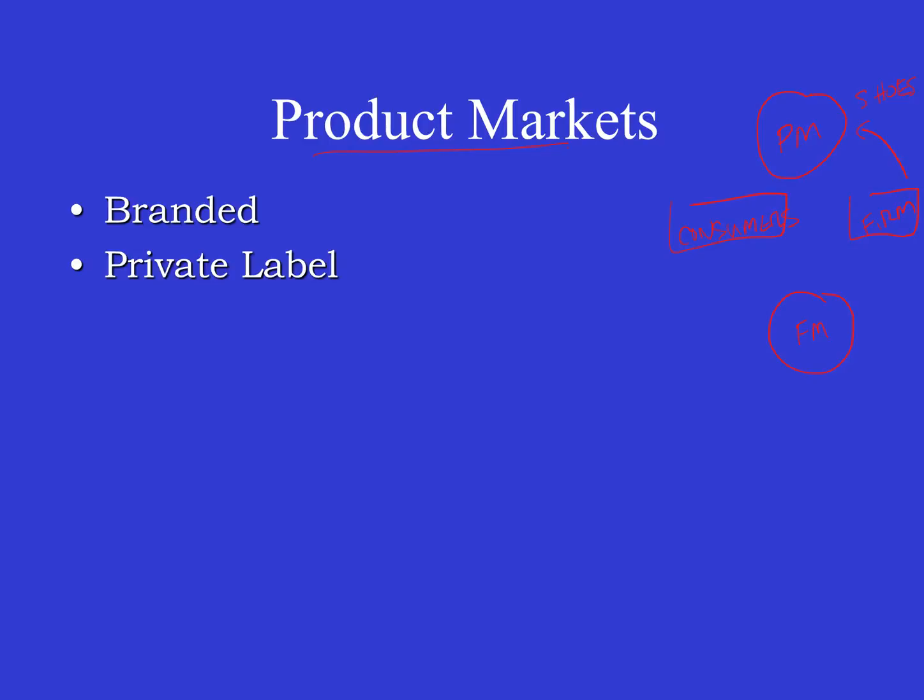Now, there's another market called private label. In this market, you produce the shoe, but some other company puts their label on it. Think of Kirkland brands in Costco. Kirkland is Costco's brand, but Costco doesn't produce those products. Some other company produces it, and then Costco puts their Kirkland brand label on it. That's what you're going to be doing here. You have a chance to dedicate some of your production to the private label market.